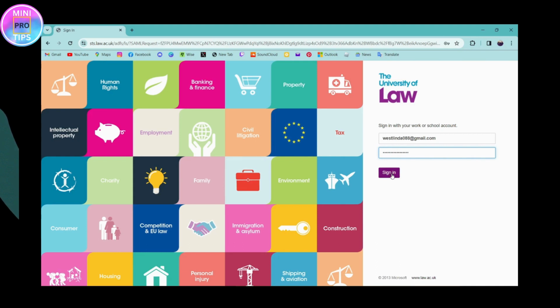And once you click on sign in, you'll be signed into your account under the University of Law if your information is correct. So that's it. That's how you log into your University of Law